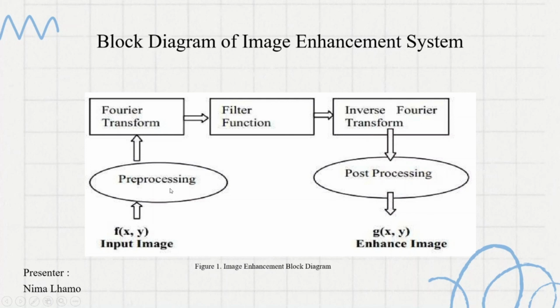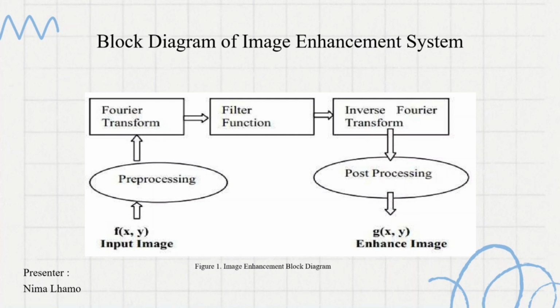Then it goes to pre-processing, which is optional. In some cases, pre-processing steps might be present before the main enhancement techniques. This could involve noise reduction to remove unwanted artifacts or color space conversion to prepare the image for specific enhancement algorithms. Then it goes to Fourier transform, where we take the original image and convert it into its building blocks